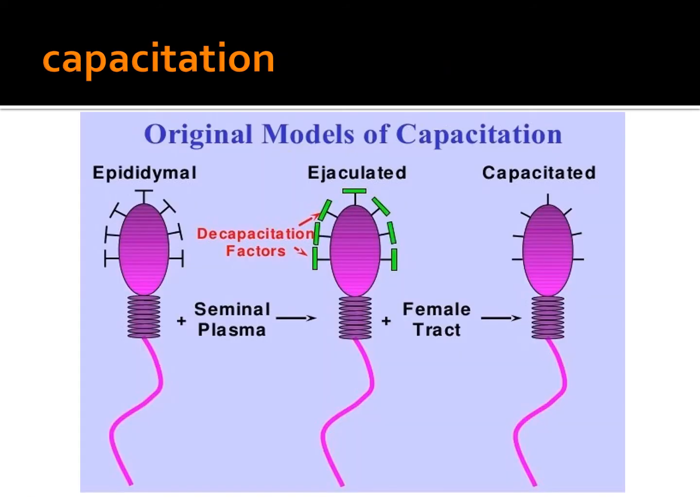First is capacitation. Capacitation means the conditioning of the spermatozoa, which lasts for about 7 hours. The decapacitation factors, like glycoprotein and seminal plasma proteins, are removed from the acrosomal cap by the secretions of the uterine glands. When this occurs, the spermatozoon is ready to fertilize the oocyte.